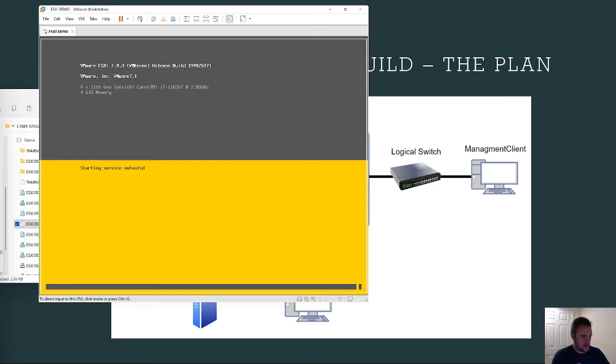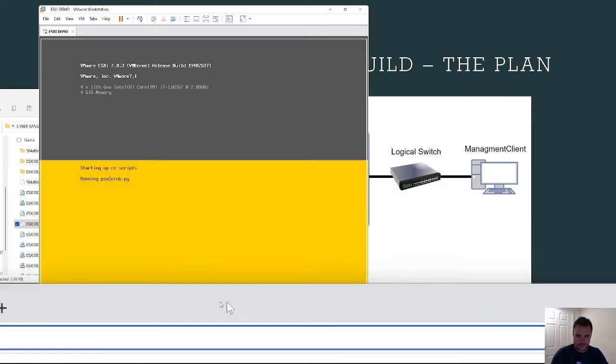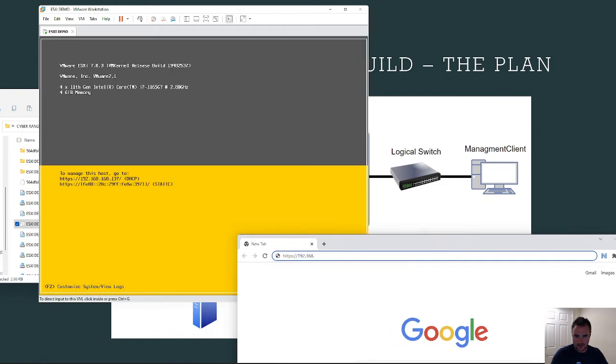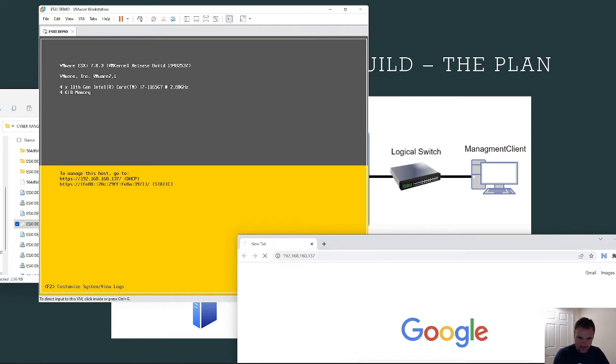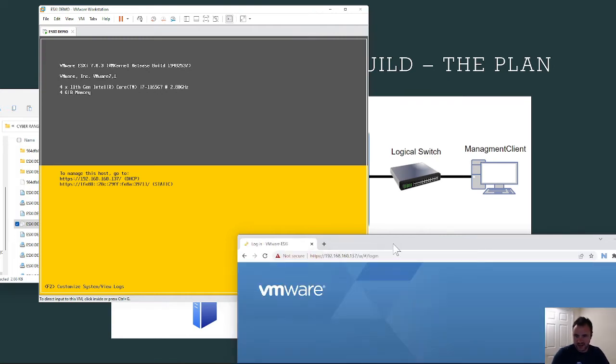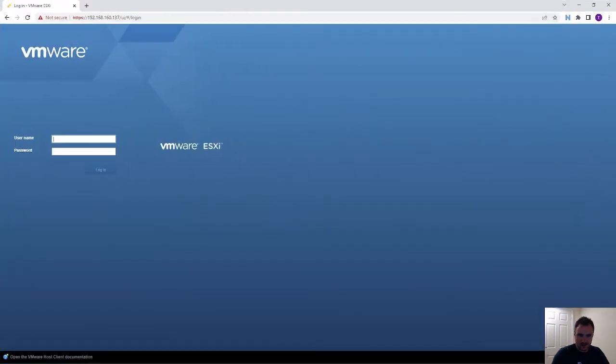And then HTTPS. There we go, 160.137. Cool. So that's communicating internally. And if I go root, password,